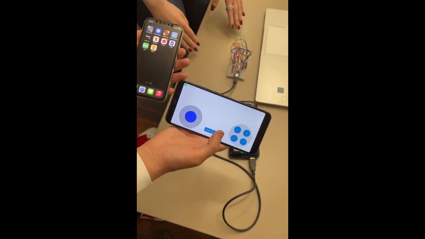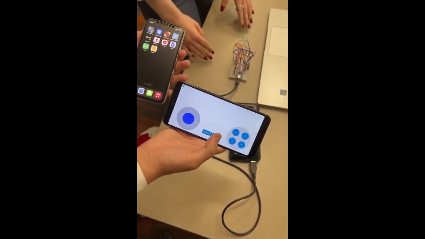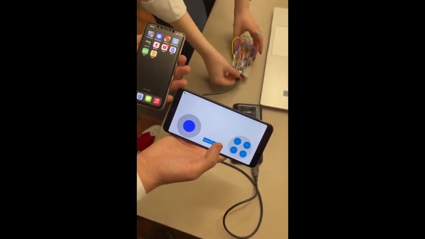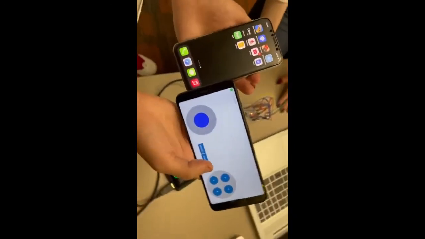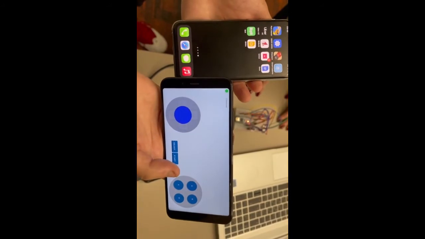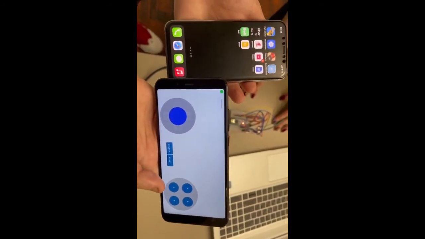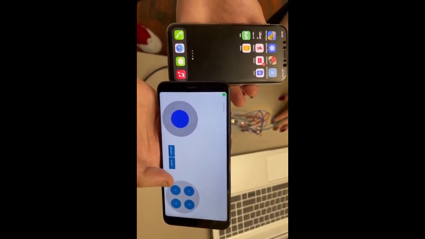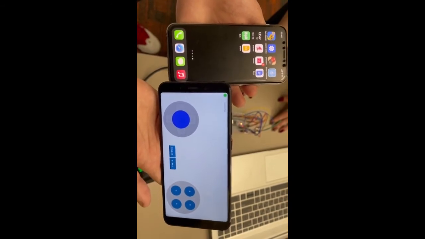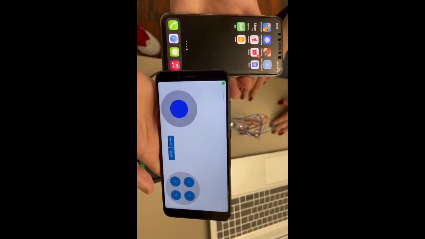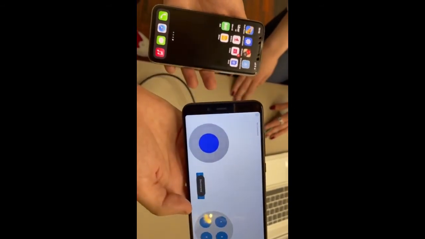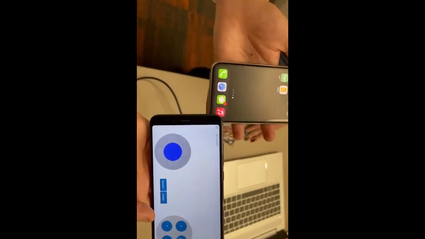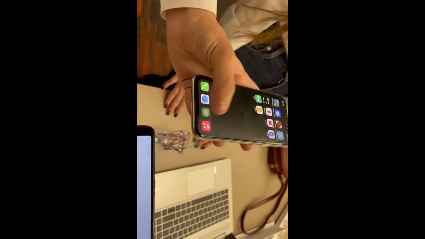Now let's imagine that there's a car crash and the driver cannot give feedback. As you can see, it's disconnected from the Bluetooth control app and sent location.